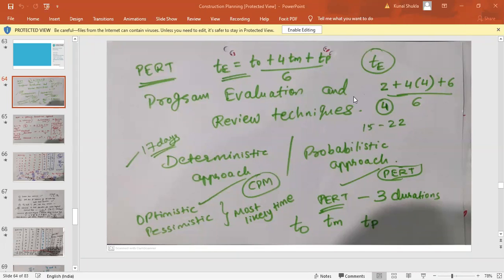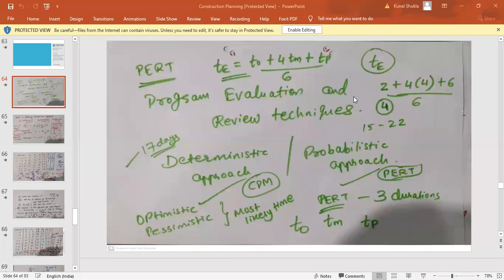Now in the CPM method, what did we do? We were given the time estimate. In the earlier example that we solved an hour ago, we had activities A B C D E F G H I J K L, and corresponding to each activity we had a fixed time duration. Was it a fixed time duration or a range of time? We had a fixed time duration corresponding to the activities, right? Some activities had 4 days, one had 6 days, one had 8 days, but for each activity there was only one time duration.